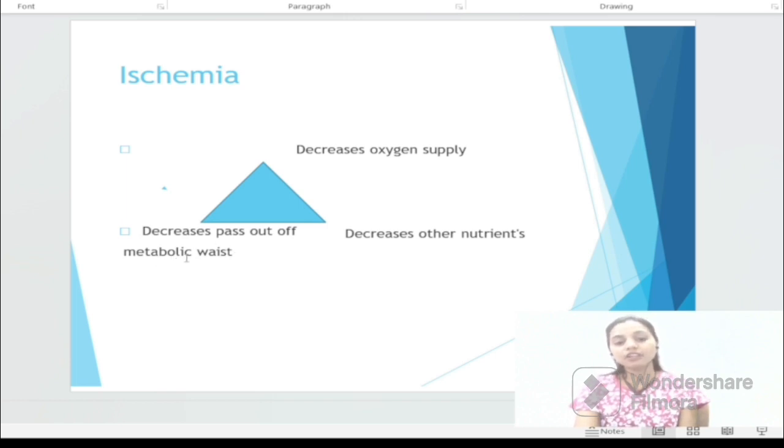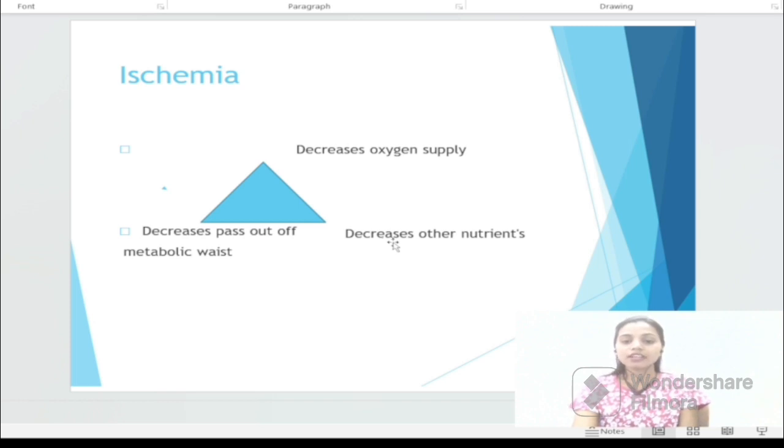metabolic waste. If myocardial muscles can't pass out metabolic waste, if metabolic waste is accumulated more in the heart, or we can say in myocardial muscles or tissues, it can also lead to necrosis in tissue, because metabolic waste is a waste material. So the cell can't use this metabolic waste to grow and for life. Okay,